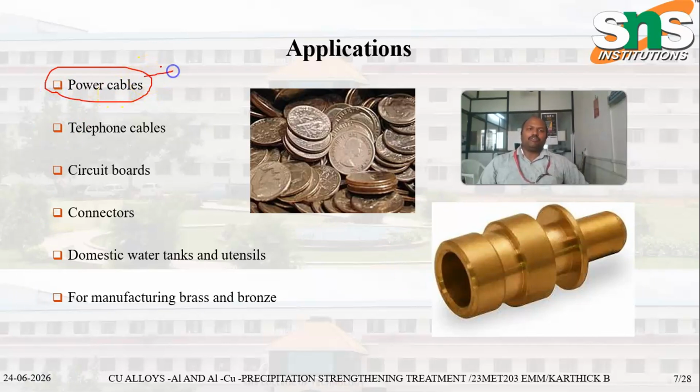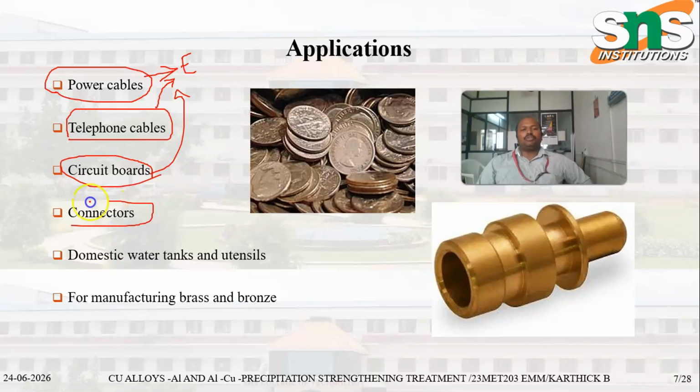Copper is used here because of its major property of electrical conductivity, as in this circuit board. In the same way, telephone cables carry a small amount of electrical intensity, and most probably it is used as connectors, as like this. You can see these connectors are used to connect